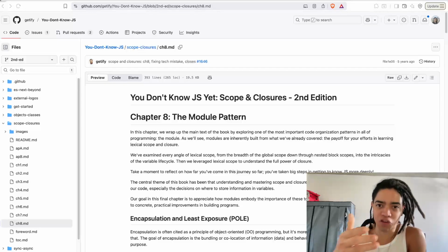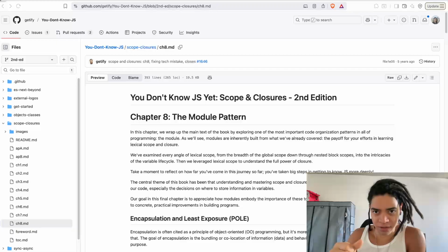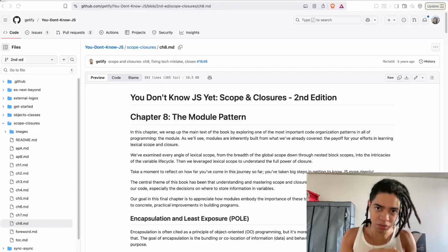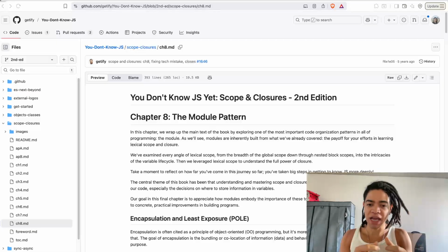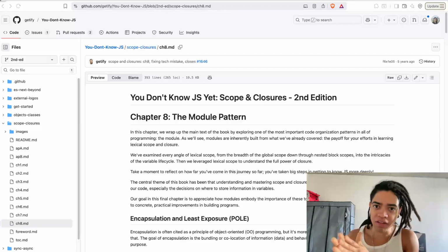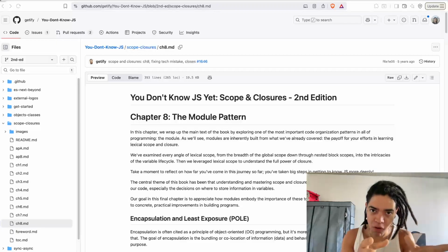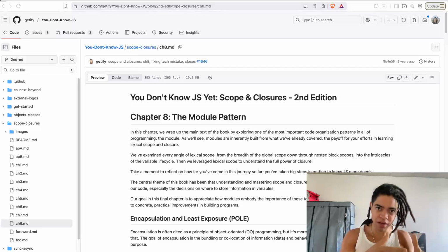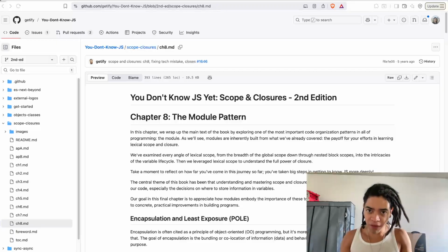be able to describe the inner mechanisms of JavaScript in terms of what a program is, how JavaScript sees a program, what is a program at the end of the day, what can we do in our programs, what values are, what values represent in our programs, which is the state of the programs, and what states can we have in our programs, whether it's strings or numbers, and each one of them follows specific